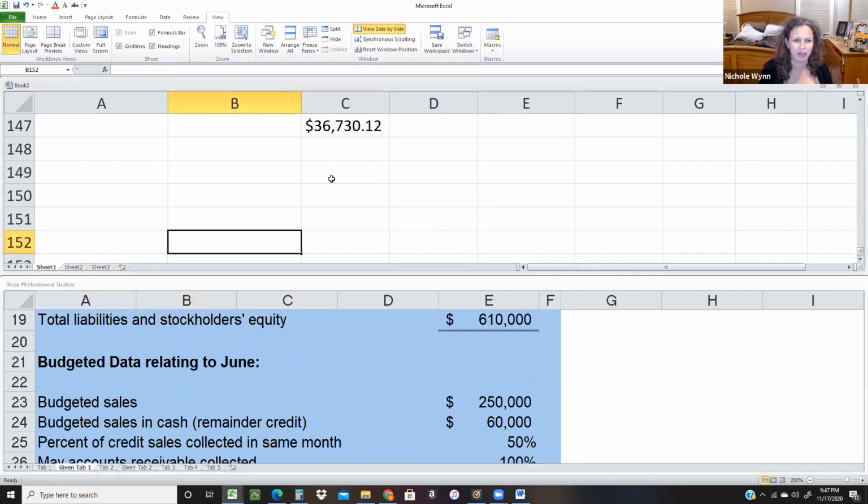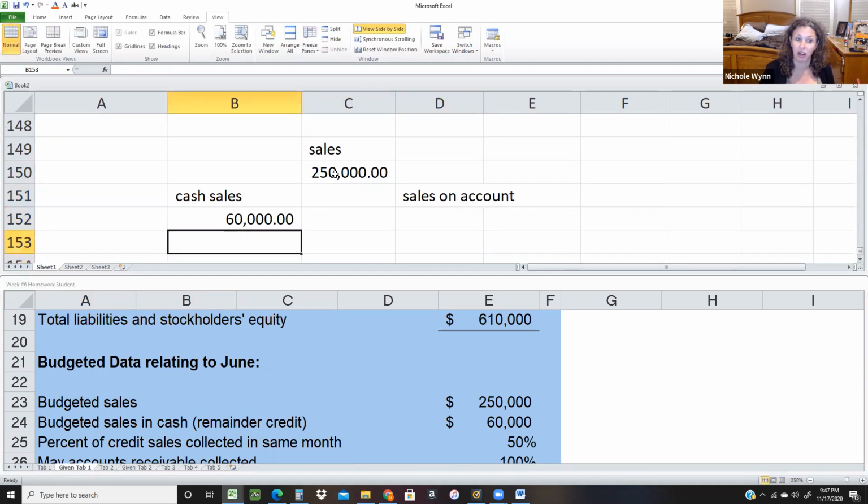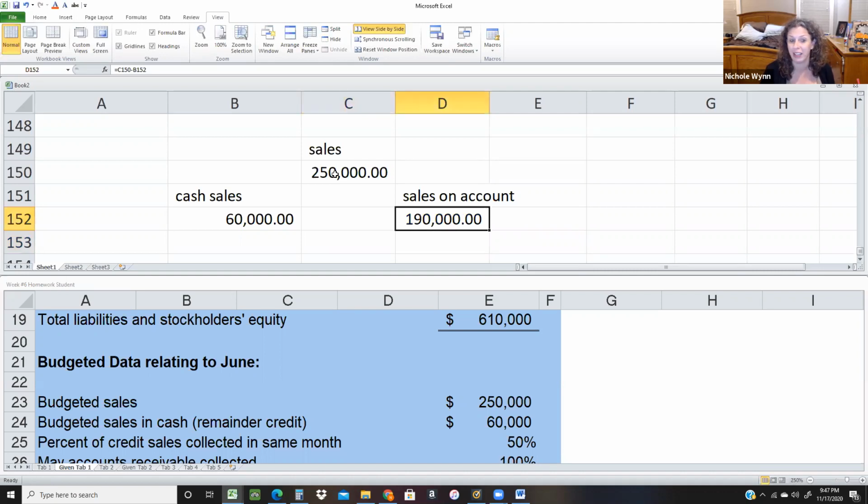So I make sales of $250,000, but some of them are cash sales and some are sales on account. My cash sales are $60,000, so my sales on account is the rest. Of the 250, 60 is in cash, so 190 is on account. Then of that number, I'm going to say that 50% of the credit sales